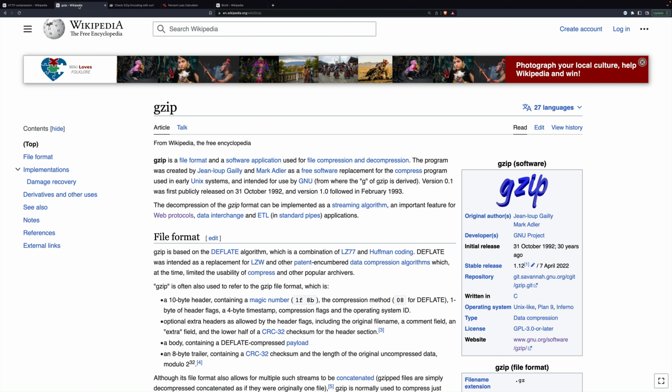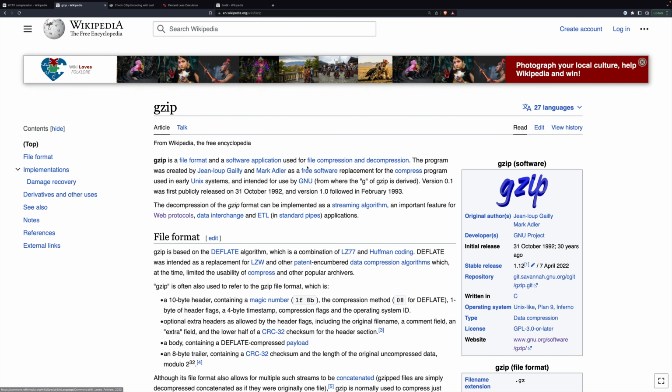I mentioned zip files, which can hold multiple files inside and then compress them. The difference with gzip is that it doesn't do multiple files. It does only one, and it only compresses. If you want to do multiple files, you can combine it with some other program like tar. You may have seen a tar gzip file. Well, gzip just compresses, and it has several advantages over the kind of zip that you're used to. One is that it is extraordinarily fast, which it needs to be in a browser situation, and it does a better job compressing and making smaller files than zip does.